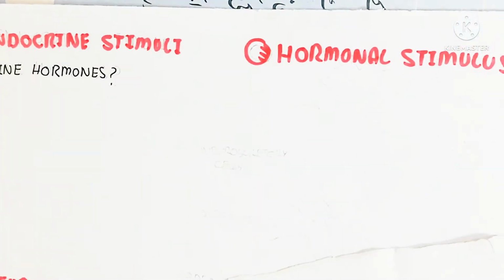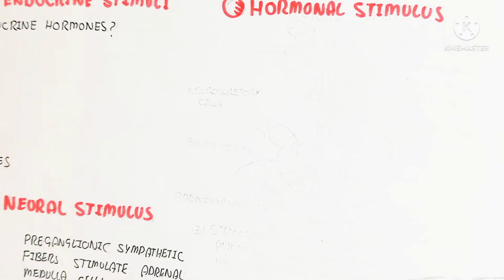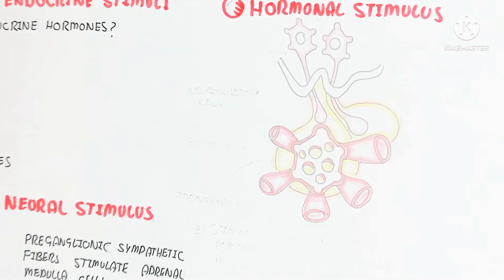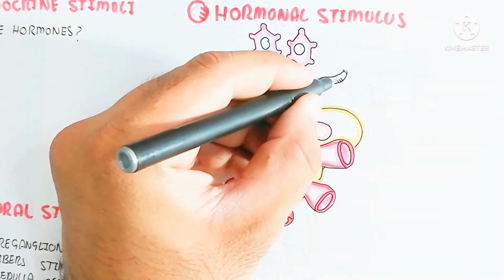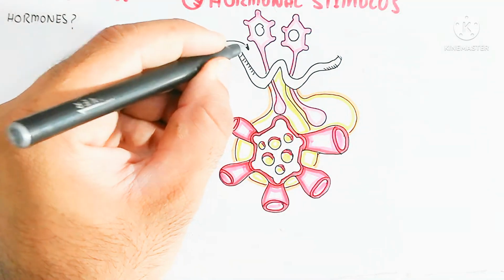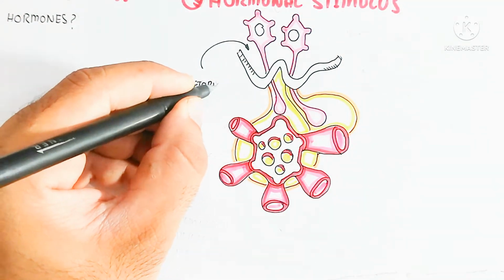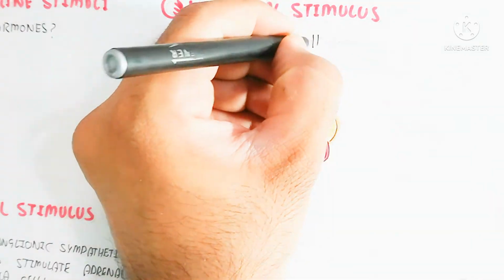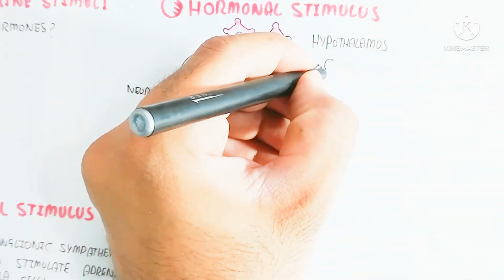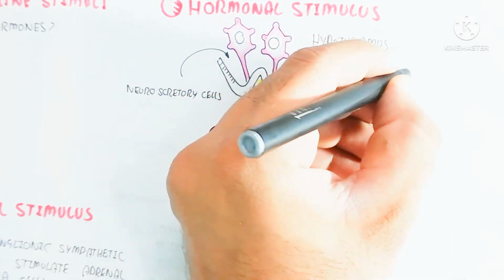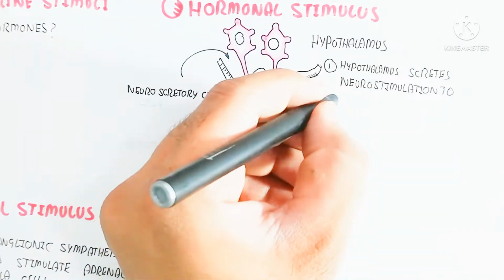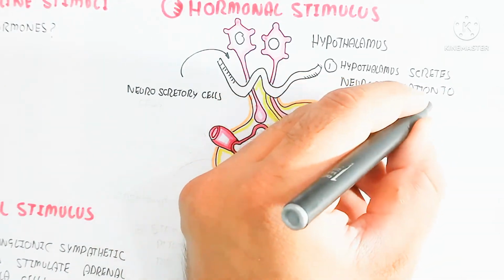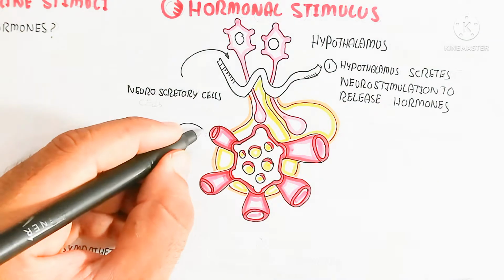On the other hand, next we will discuss the hormonal stimulus, which is important. Here I am drawing the pituitary gland, along with the hypothalamus. Number one, the neurosecretory cells are present in the hypothalamus. After triggering from the higher brain cortex, neurostimulation will lead to release of hormones from the hypothalamus to the pituitary gland, the adenohypophysis or neurohypophysis. The adenohypophysis releases growth hormone,